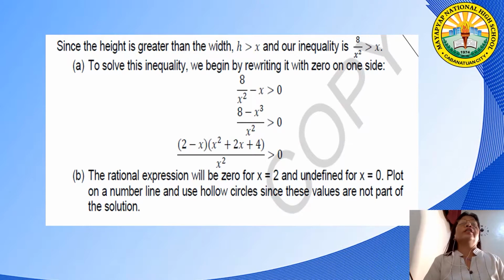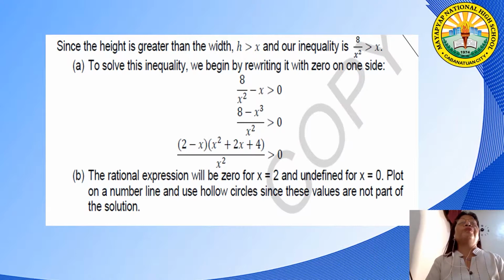So our LCD is x squared. x squared divided by x squared is 1, multiplied by 8, that is 8. Then minus x squared divided by 1, multiplied by x, is x cubed, greater than 0. So we have quantity 2 minus x multiplied by quantity x squared plus 2x plus 4. So this is a factor